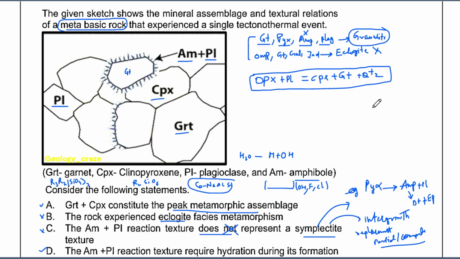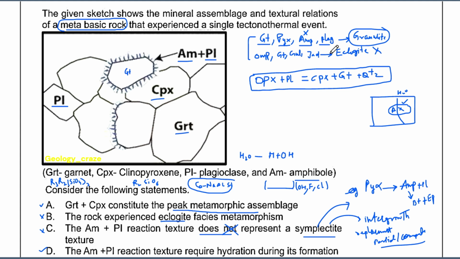There is one diagram with a curve in metamorphic petrology. On this side we are getting granulite grade, and on this side we are getting amphibole, after H2O comes in. After crossing this curve we are not getting amphibole; in the system we are getting only garnet, pyroxene, and plagioclase. Our tectonic thermal event reached this level, not that level. So in our system garnet, pyroxene, and plagioclase are there.